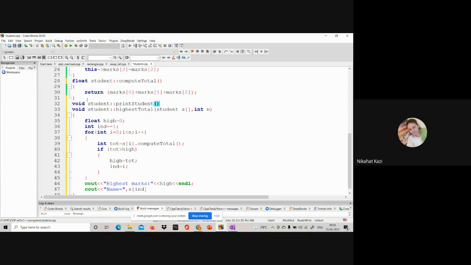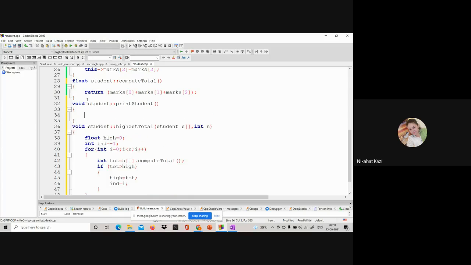What will print student do? Print student is going to print the details of the student.